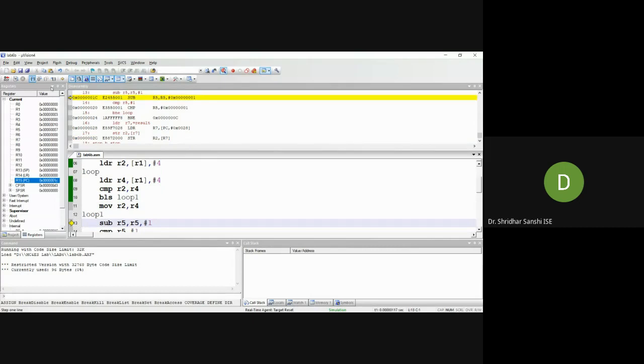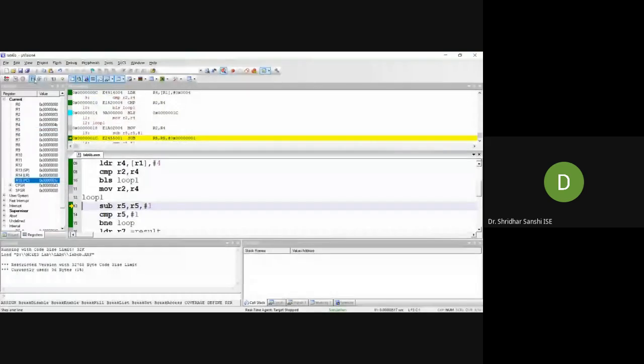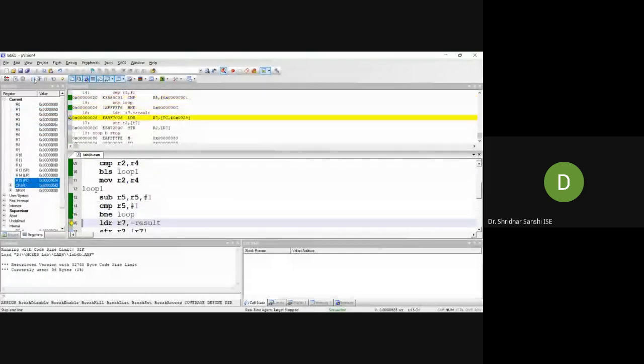So we jump to the loop again, and this will continue until the value becomes 1.